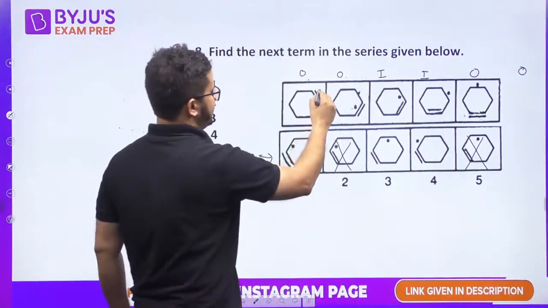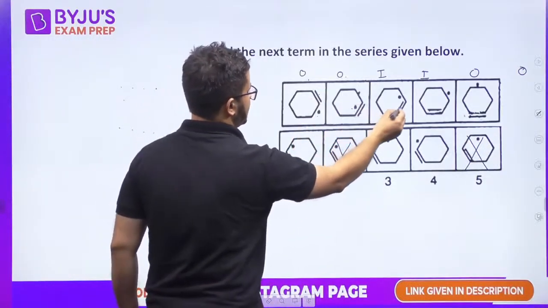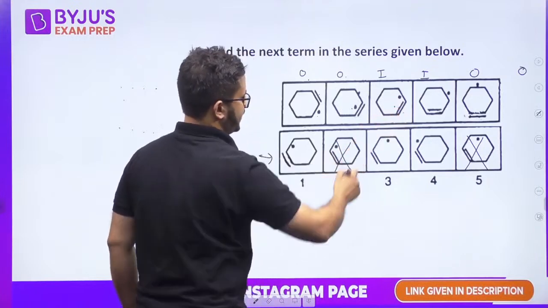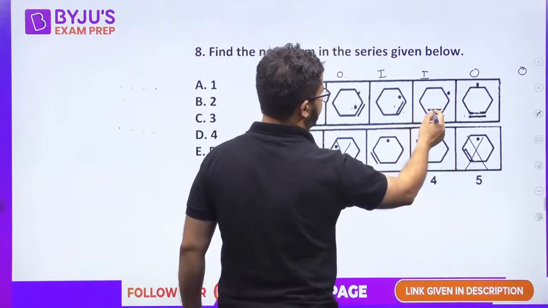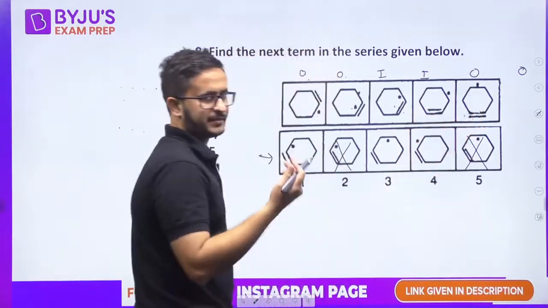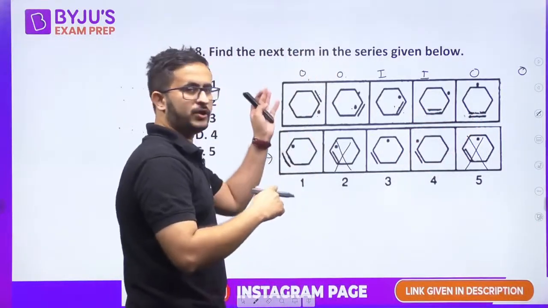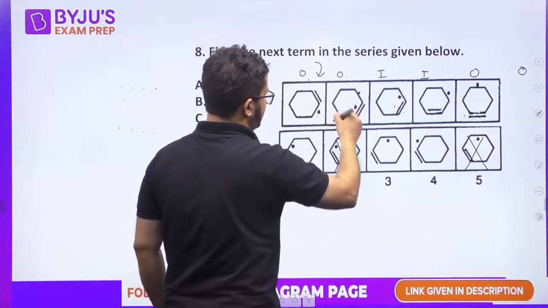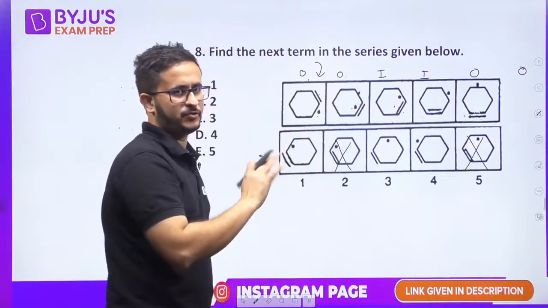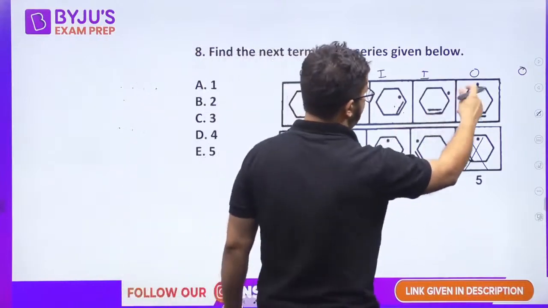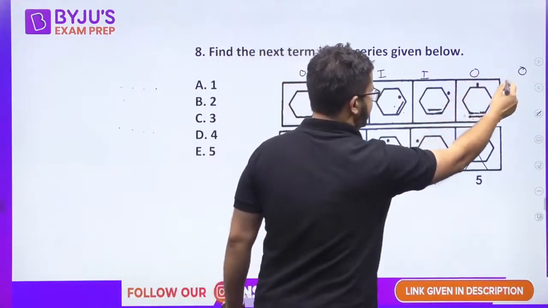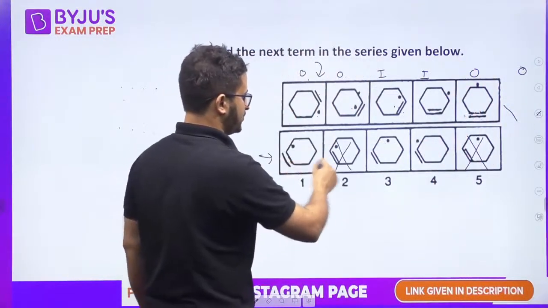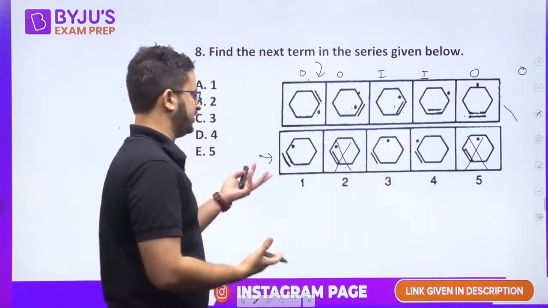Now it is on this side, movement of 1, okay, when it is coming in, there is no movement, it is just moving inside, it is not rotating, okay. Now inside it has rotated, when it went out it is rotating, I mean rotating going in the clockwise direction, okay, it moves clockwise like this, okay. So it moved when it is not going inside or outside, but when it is going inside or outside it is not moving. Now it is not going outside, it is already outside, so it will come in this direction, okay. So it is outside in this. Okay, that is in all the ones.